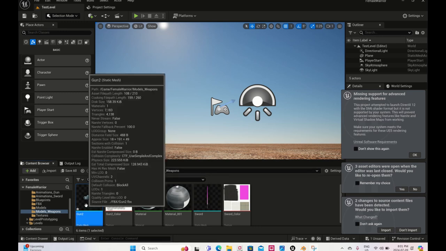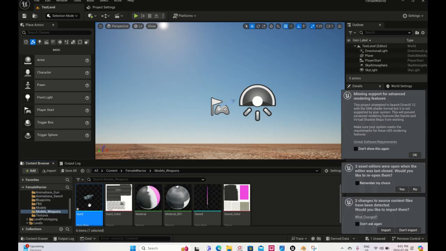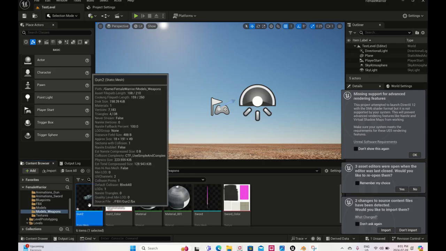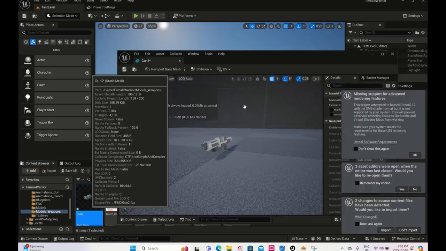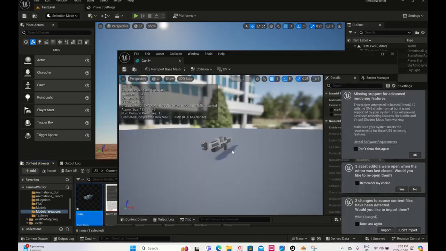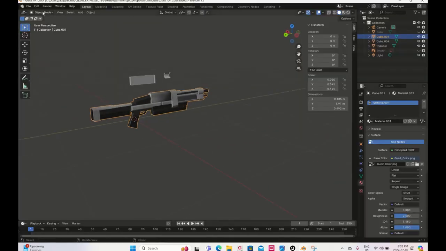So quickly, I'll just mention that I managed to fix the gun color problem. Before it was all black for some reason, but it was actually a really quick fix. All I had to do was go into Blender. This is the Blender model, and if you haven't used Blender before, this is the regular view. If you go up here and press Edit Mode,